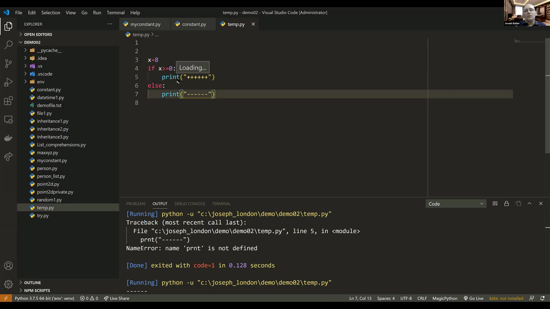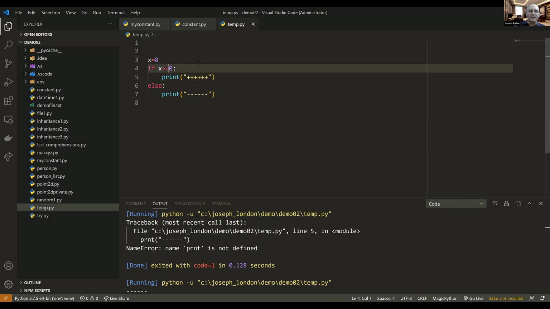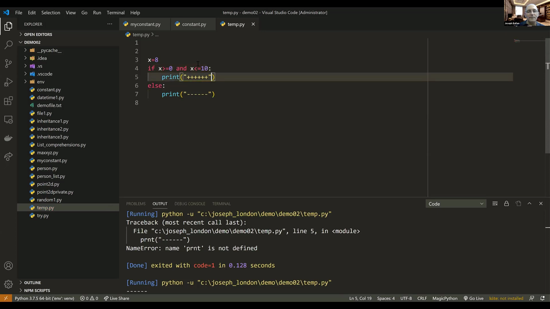Now, how do you know which option you are interested in? Based on the case study or based on the application that you are developing. So let us say you want to check if a student succeeded or not. These are the two scenarios. Sometimes you want to see if the value of x falls into some range. So let us say you check if x is greater than 0 and x is less than 10. Suppose this. So you print